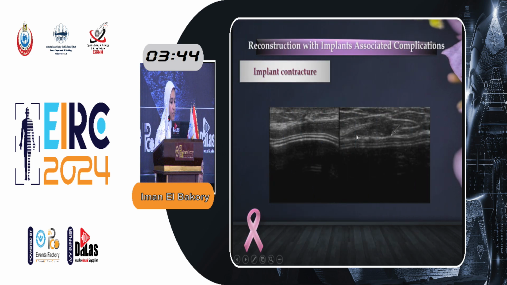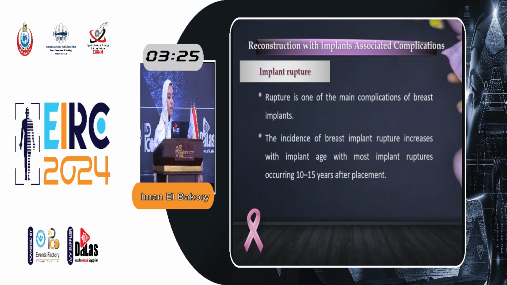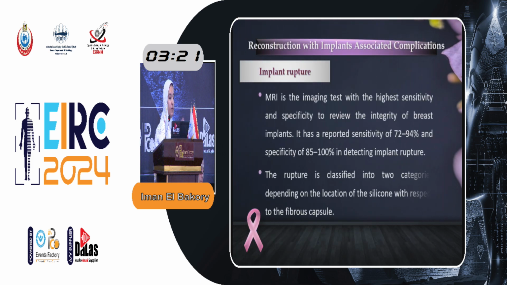This is the ultrasound features of the contracture, in which we have the double shell and the thin capsule. Here we can see the shell with a thickened capsule, in which there is a condensed fibrous tissue and less mature fibrous tissue present beneath. Implant rupture is one of the main delayed complications of the implant, and MRI actually is an excellent modality for